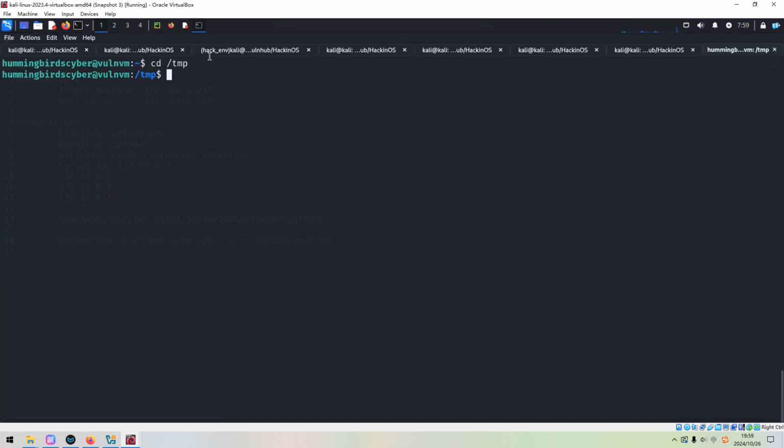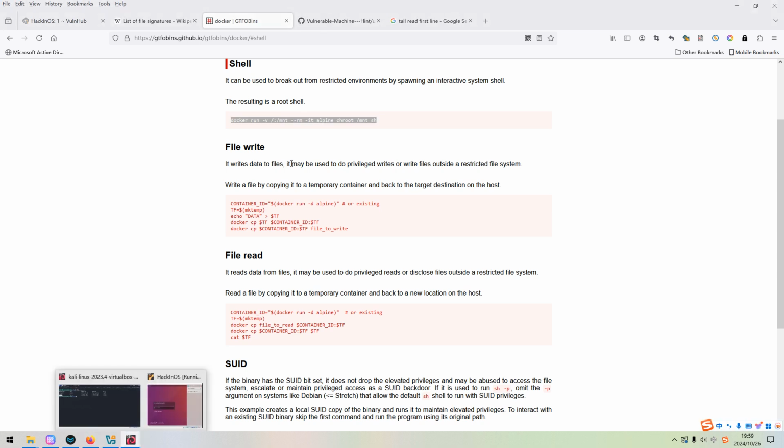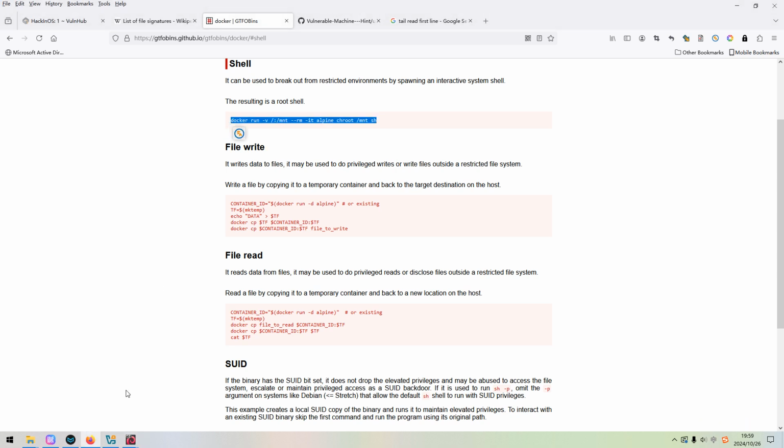So maybe we need to check whether there are images already on this host. We can run docker image list. It does have one. So I think we can use this image to elevate.